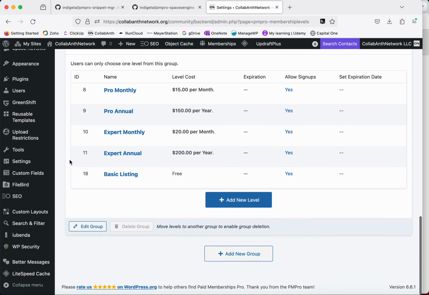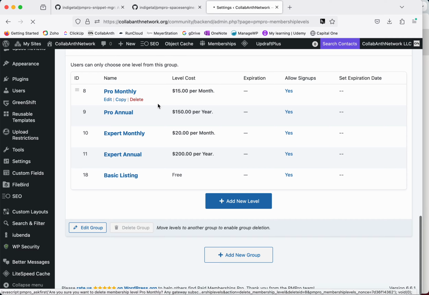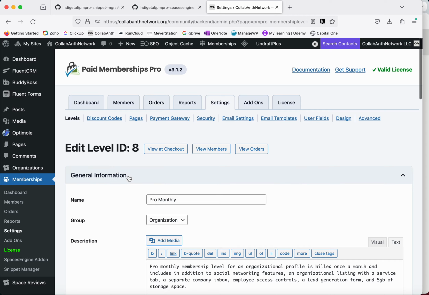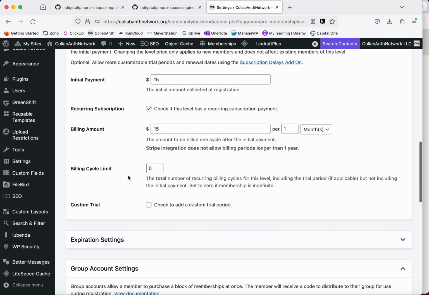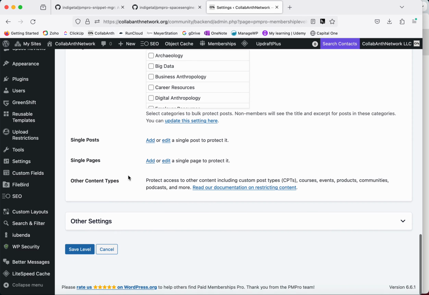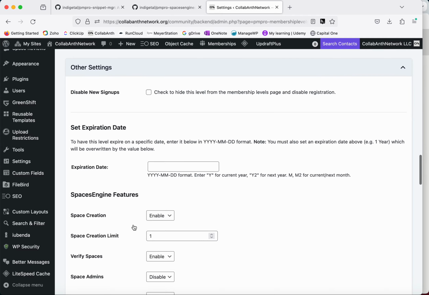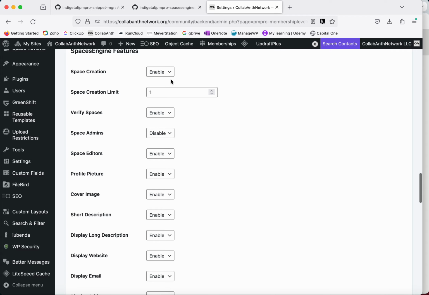So you should now see those same filters in your SpacesEngine plans pages. It's going to be down here in other settings, and then again just go through it and